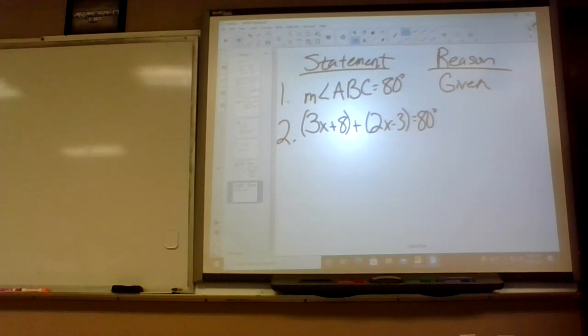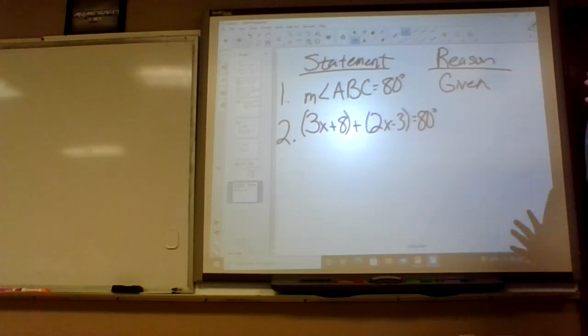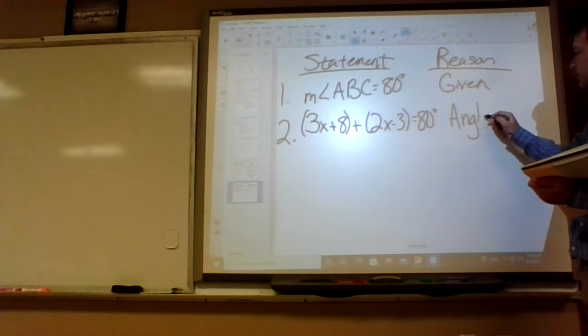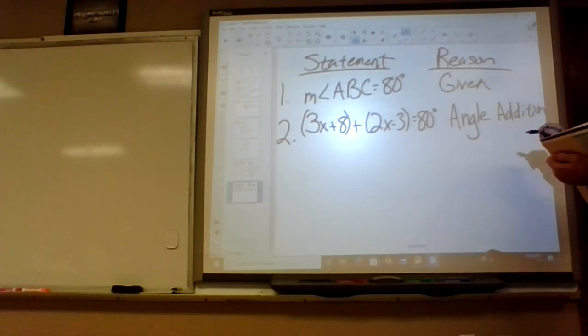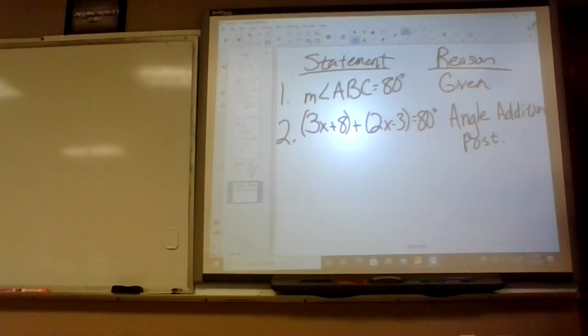I wonder if the book said what Trey said, actually. I skipped a step, but that's okay, it's all good. What do you do if you have been given no numbers at all and you're trying to find the reason? Yeah, how do we know little angle plus little angle equals big angle? What's that called? Angle addition postulate. There's another one called segment addition postulate that you'll probably need for 48. I'm guessing 48 is probably pretty similar to this one.